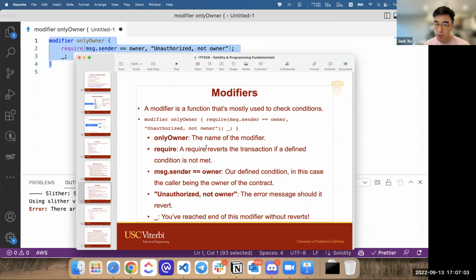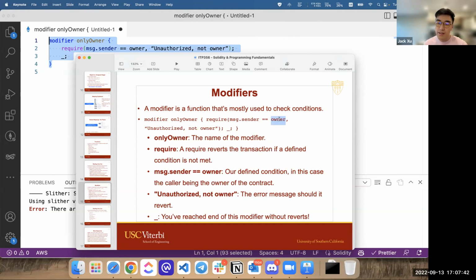A message basically represents an incoming transaction. Within it, we have message.value, which is how much ether is attached to that transaction. Message.data is the raw data of the transaction. And also message.sender, which is where it's coming from. Now what we're checking here is if message.sender is the same as some other owner variable that we stored elsewhere. We need to have this owner variable declared beforehand within the smart contract, because we're comparing if the incoming caller really is the owner.